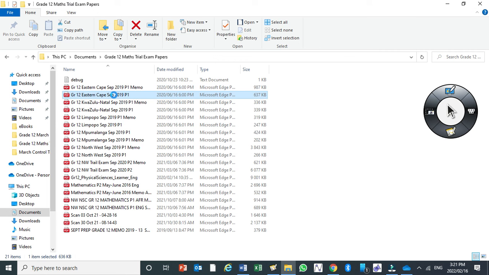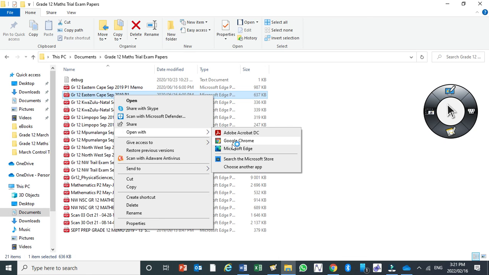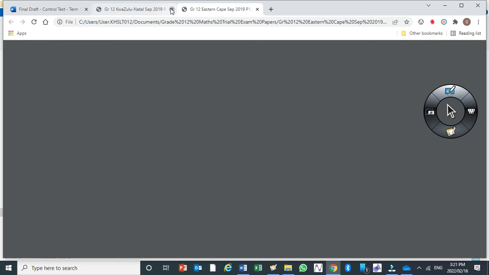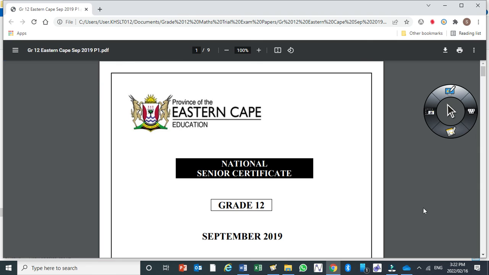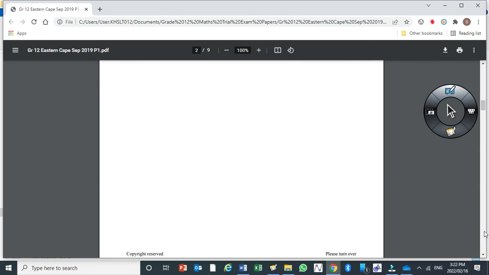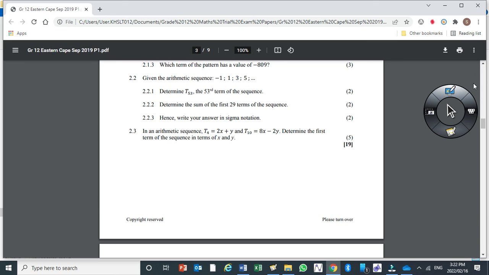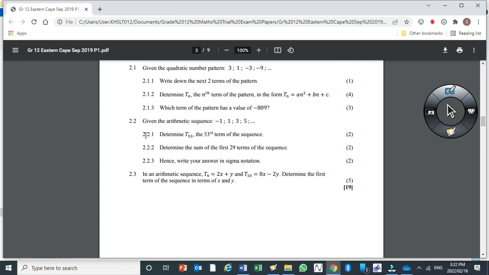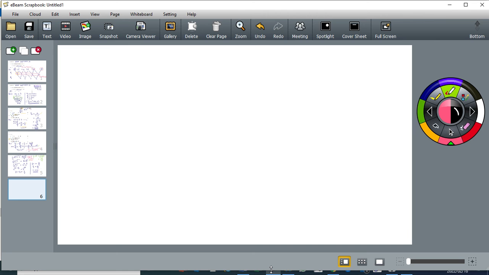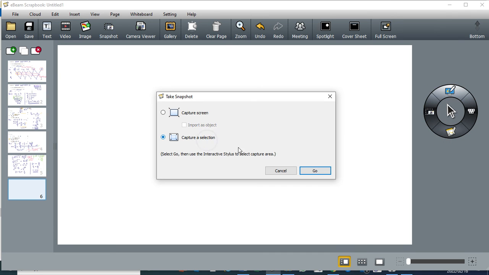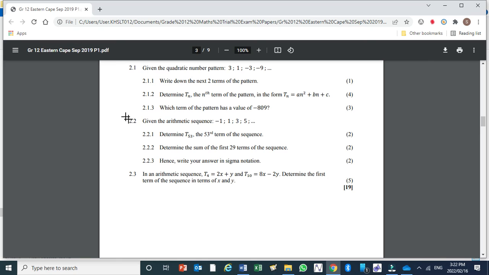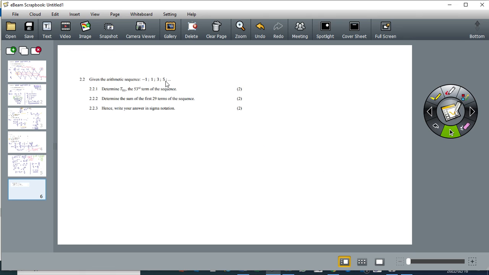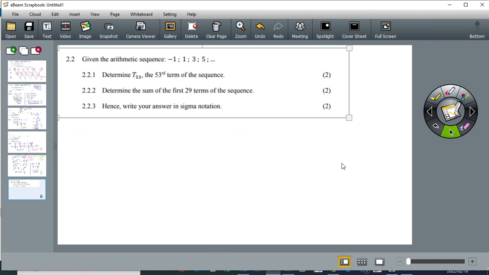Okay, let me do one more question. Let me see which one I can do here quickly, so that we can pick it after that. Right, let me do 2.2 because it involves sigma notation. So this is from the Eastern Cape now. So you write Eastern Cape, then that is September 2019. Okay,